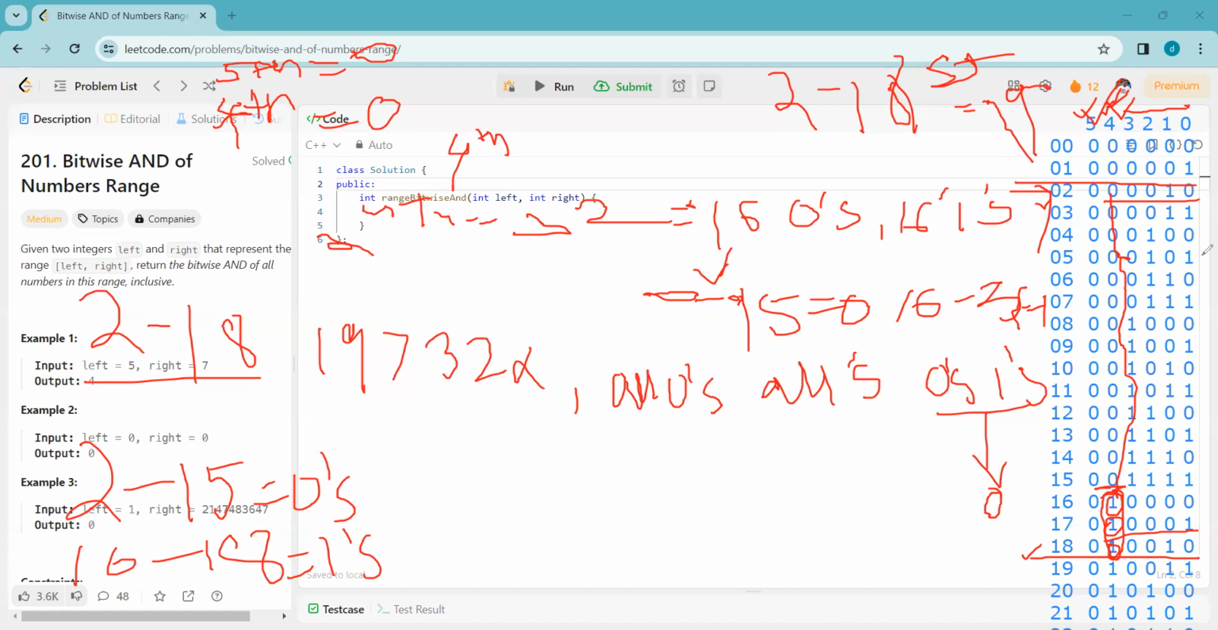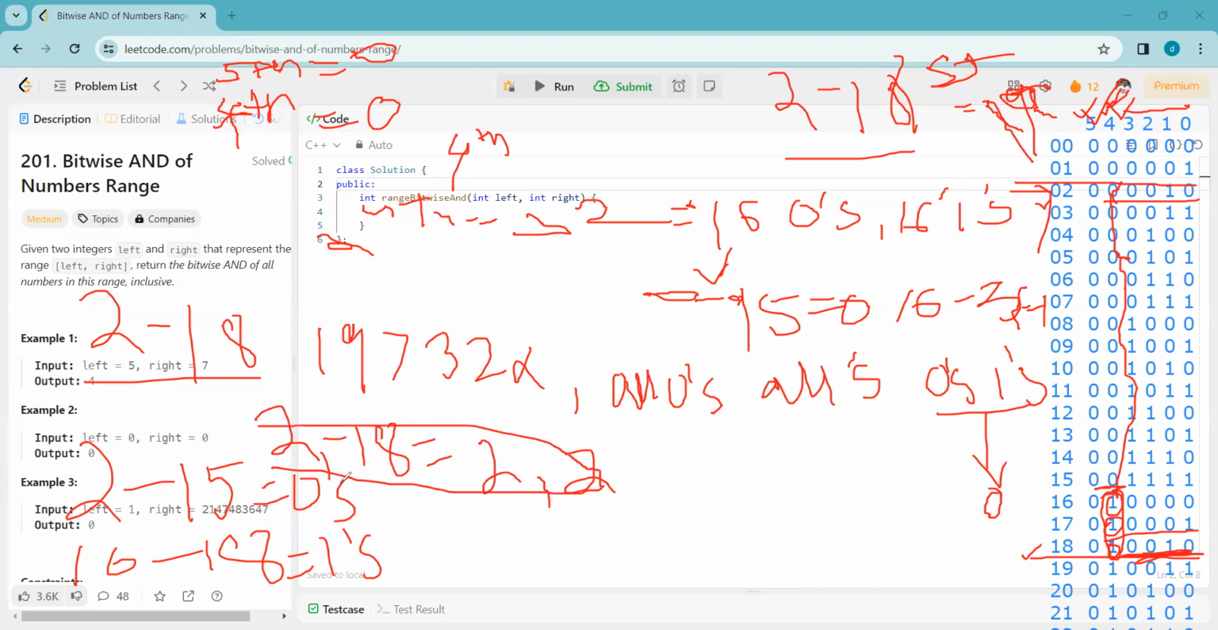So the number range from 2 to 18 will change to 2 to 2, and 18 will change to 2. That means the number turns out to be 2 to 2. But the original range will still be the same. That means we will still have 19 numbers in this range. So we will use this. So for the next bit,